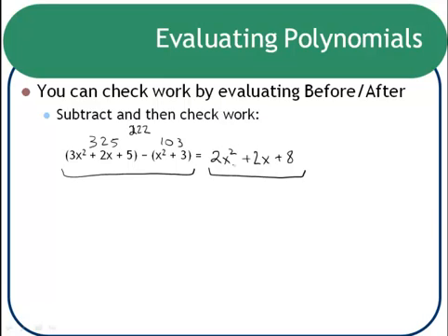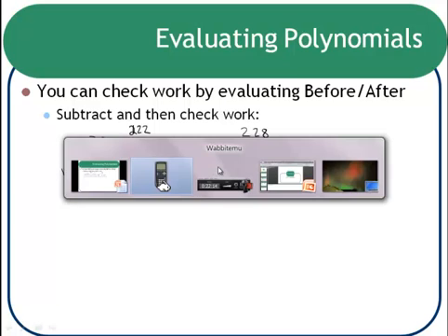Over here, if I plug in a 10, this is 220 and 8, 228. I see that 222 and 228 are not equal. They should be equal. It says they were equal, but they're not. So either I checked my work wrong, or I made a mistake in the original problem. Since I got the calculator, I'll quickly check it and make sure that I didn't just